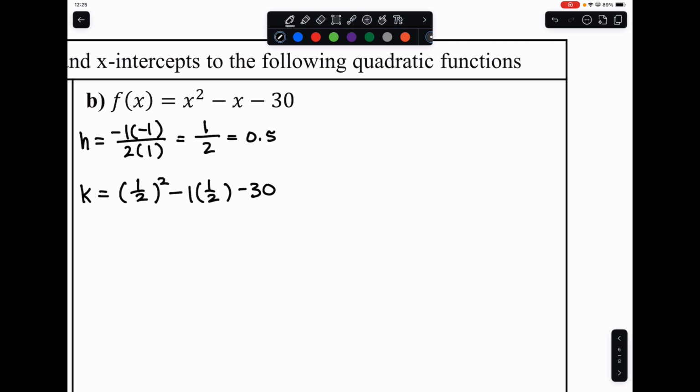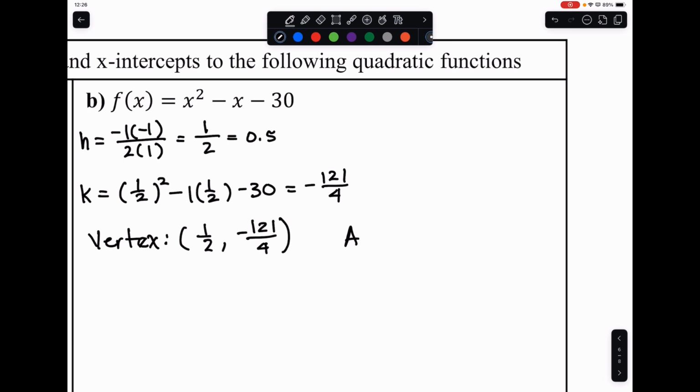And this equals a total of -30.25, which is -121 divided by 4. There we go. So there is our vertex,